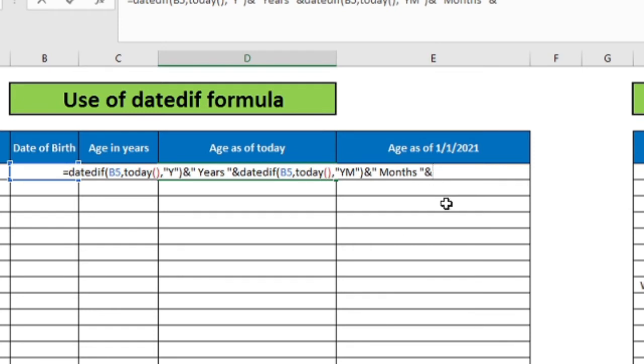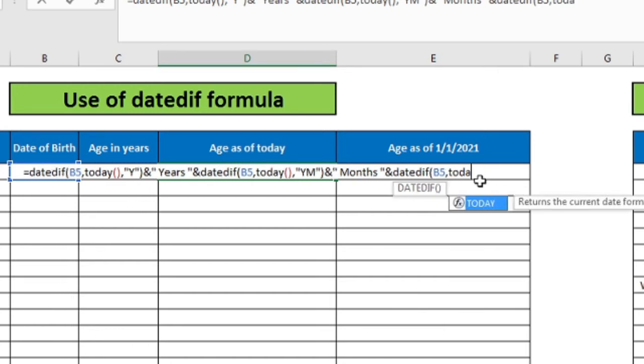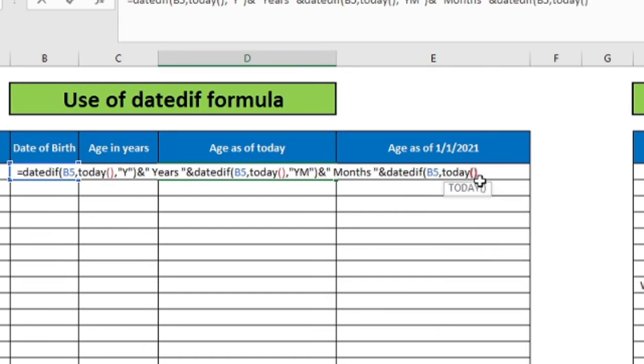The last one is for the number of days. So DATEDIF, open bracket, from which date, from the same B5, so I will write here B5, comma, till what date, till today, open bracket, close bracket, comma. Now here the format should be md.